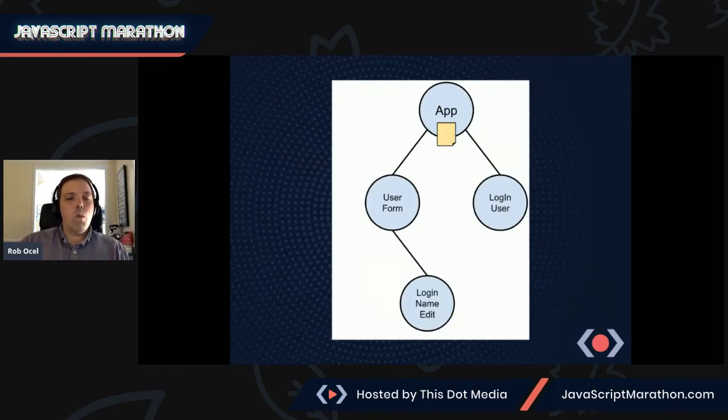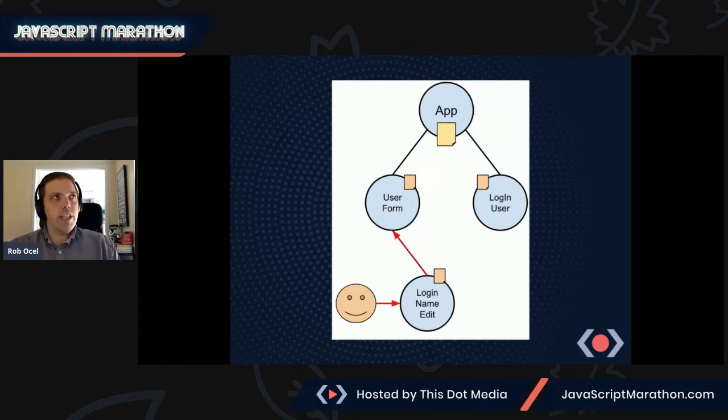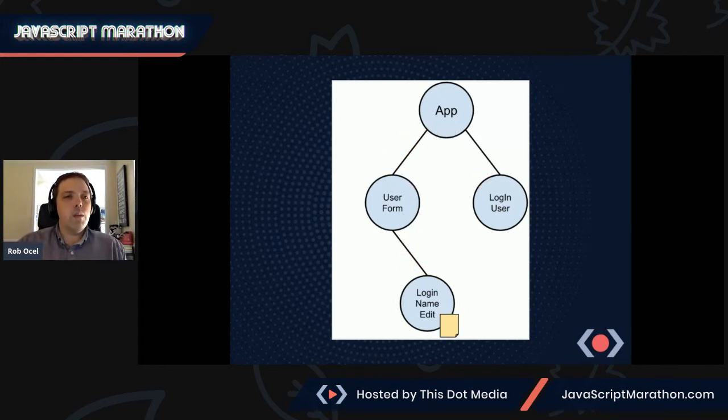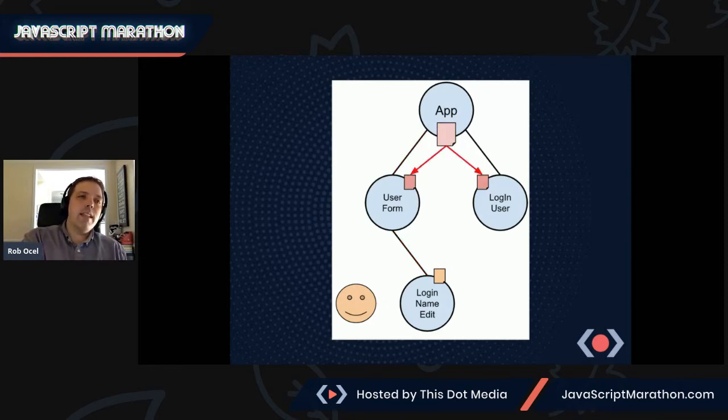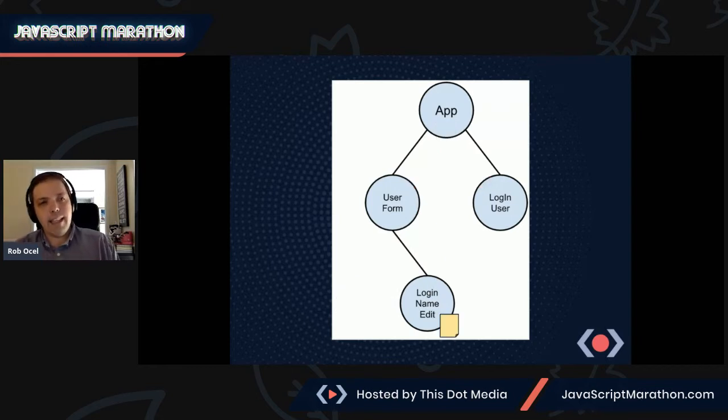So why then do we use NgRX, or what eventually led to the creation of things like Redux or the Flux pattern in general? And it's this idea of, sometimes data is needed all over your application. And when data is needed in two different places in your application, we already talked about how you could hoist that data up to its parent and give it down. But what if that component that needs it is all the way on the other side of your application? Well, in that case, you have to do this